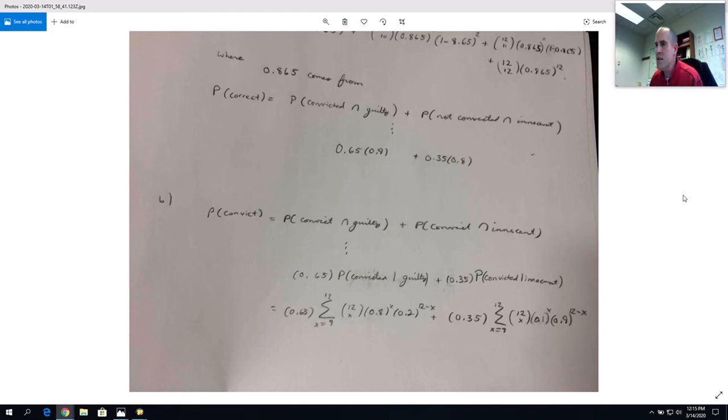Okay, so the probability of conviction, you did it this way. You have that first summand, that's the probability of convict and guilty, and then you use the binomial distribution to pull that off. It seems to me that the probability of being correct, of the jury being correct, not just an individual, is going to be the probability of the jury convicting and the person being guilty,